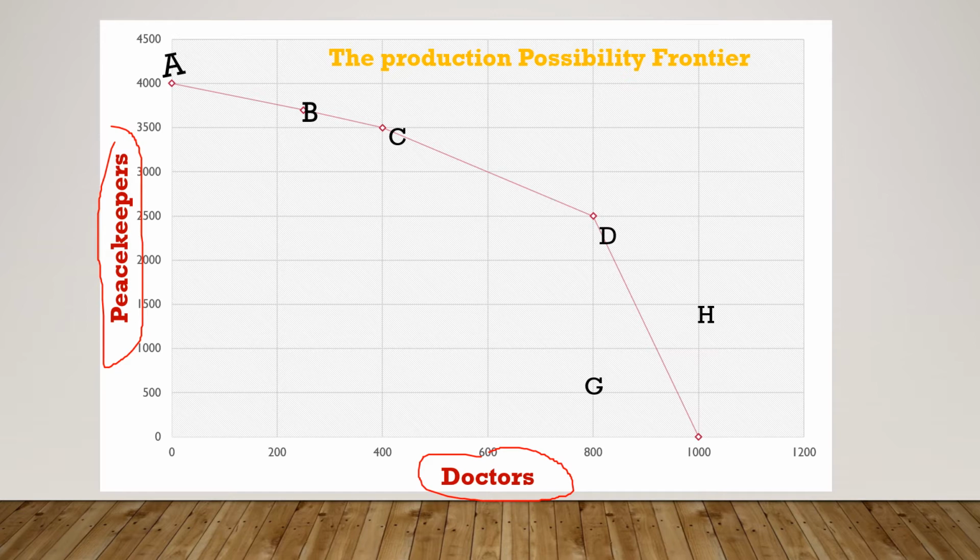In this case, that economy will suffer because they will have no one taking care of patients and all the other health issues. Or at some point they can decide to produce only doctors